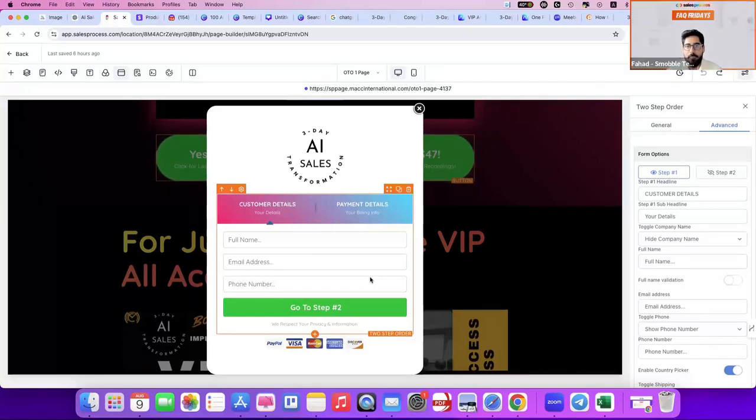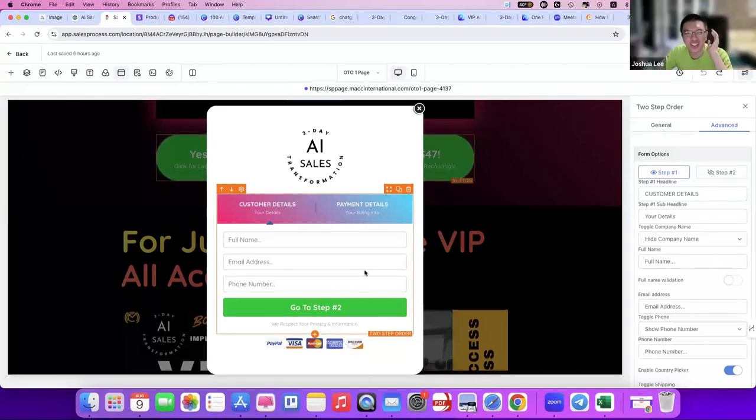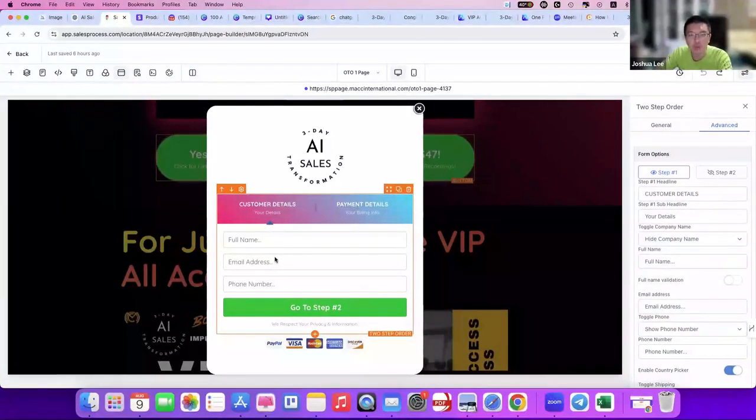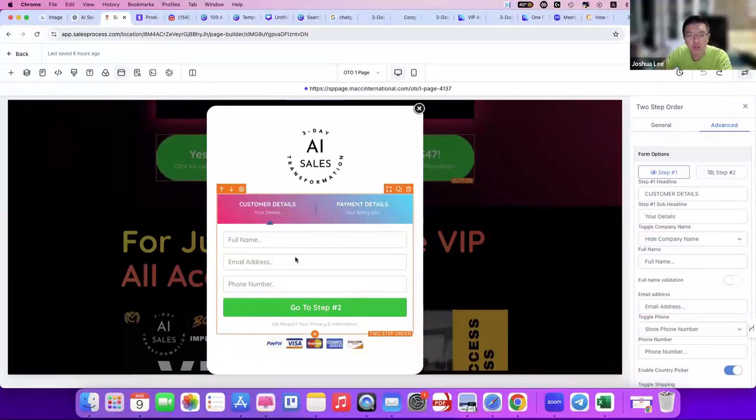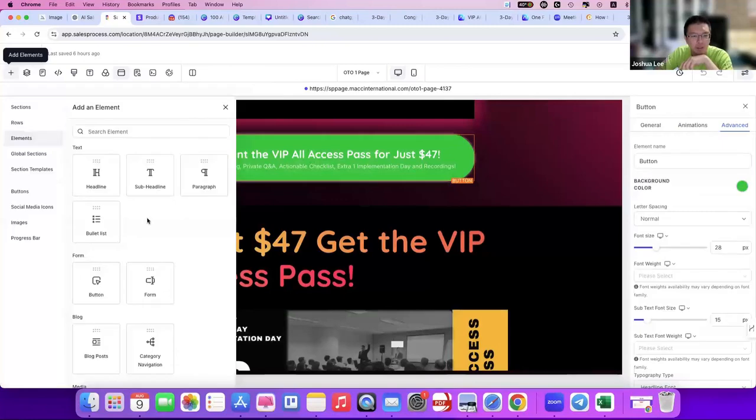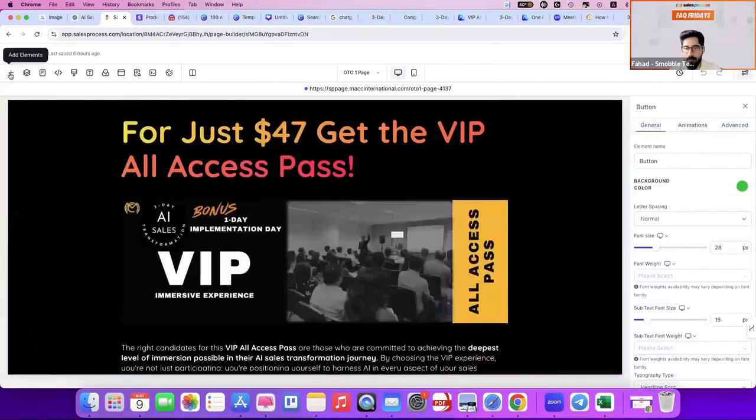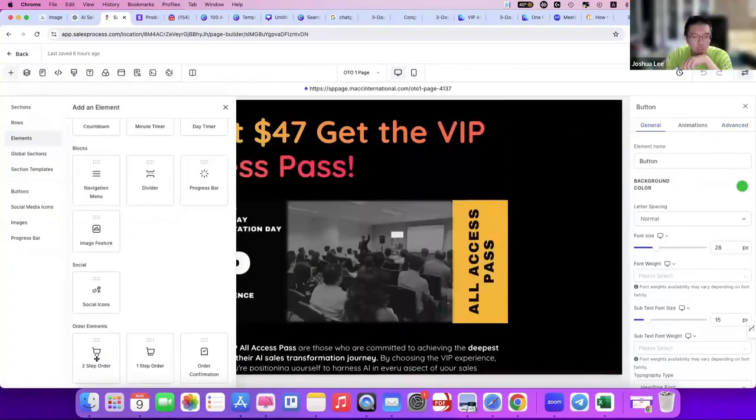All right, let's see. So you were saying, Joshua, before this? I actually couldn't hear what you said just now. I mean, you said my question is, does the customer have to enter the details two times at the OTO one? Because since this is a two-step order, if I see the element here, on the right, there's only two-step order or one-step order. I'm not sure whether if I use one-step order,